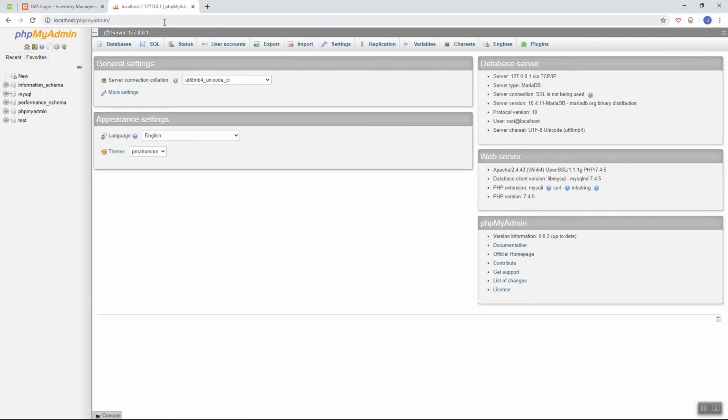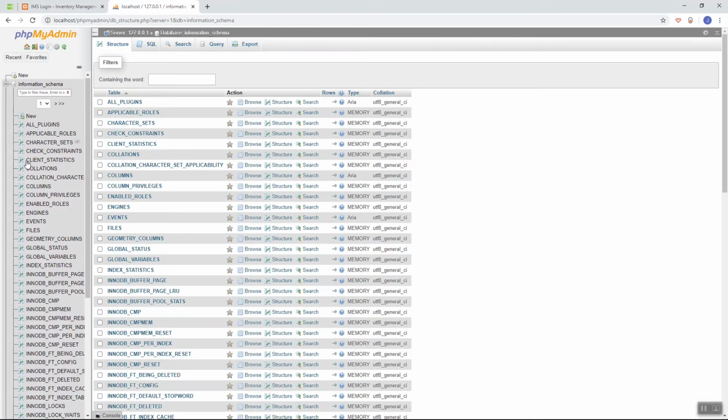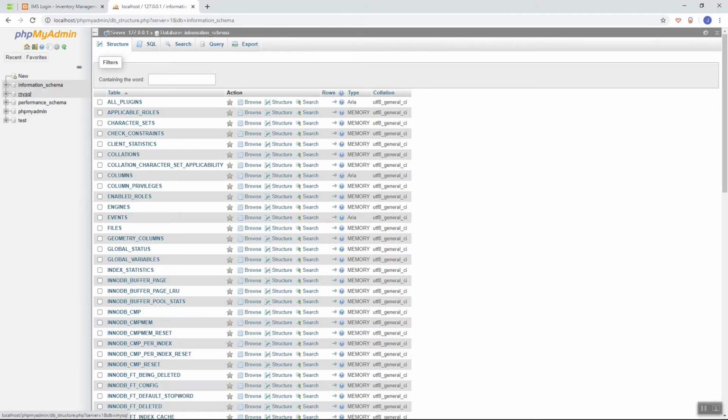So it's software that will help us access or manage our databases. Right now it is empty, so I think these are the schemas of our MySQL. I'm not sure about this one, but